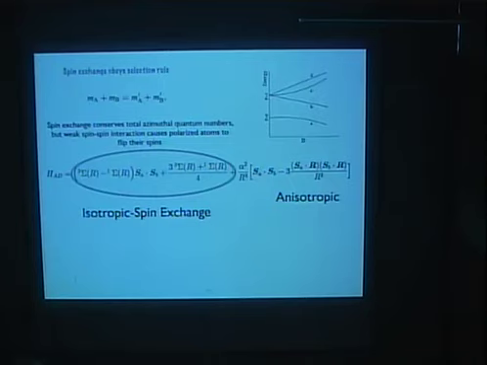Alternatively, we can think of spin exchange as being induced by an effective Hamiltonian that includes a Heisenberg scalar spin-spin operator whose coupling constant depends on the energy defect at a given internuclear separation between the two Born-Oppenheimer surfaces. So this over here is the previous magnetic interaction that I discussed, but this is the effective Hamiltonian that induces spin exchange transitions. And the important thing to realize is that there's a similar structure over here. There's a Heisenberg type of operator both here and here. There's also an anisotropic term.